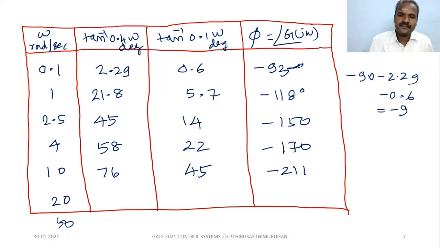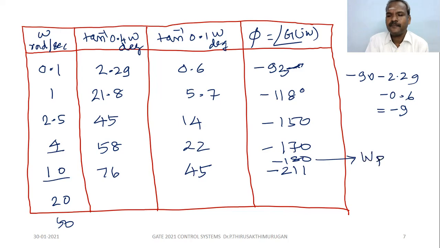That is our prime aim. So in between, see, minus 170 and minus 211. So here itself it lies minus 180, between the frequency 4 and 10. So between 4 and 10, the frequency corresponding to minus 180 degree is called the phase crossover frequency. Understand? So no need to calculate even